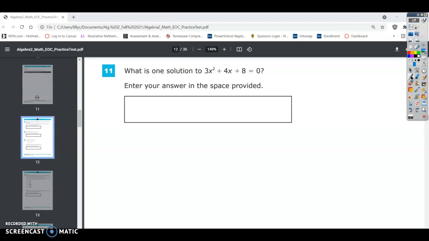Alright, so when we look at this, we see a quadratic equation. If I look at this, it will not factor easily. I'm not saying it won't factor, but it definitely won't factor easily. So I'm going to go ahead and use the quadratic formula. So if you remember, the quadratic formula is,